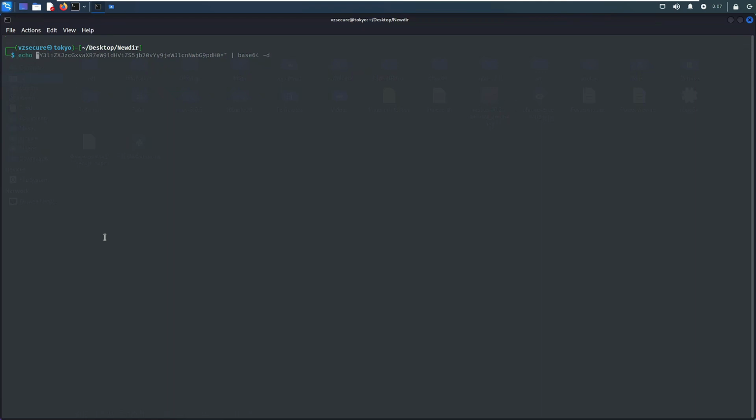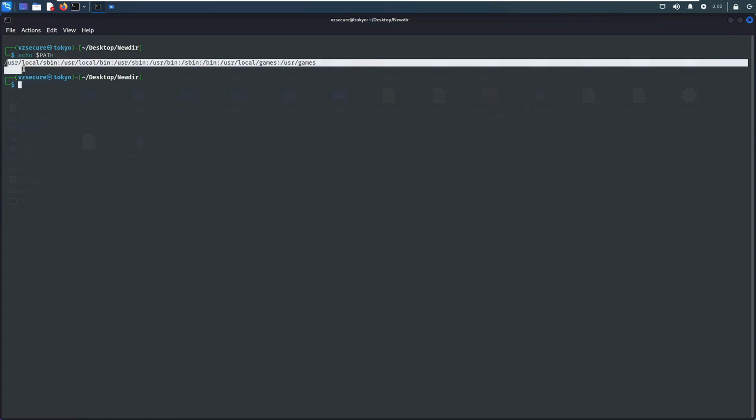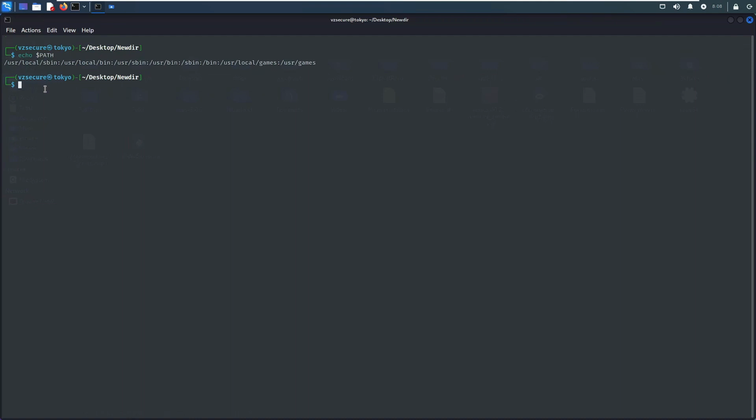The echo command is used to show the content of files or variables. For the path variable we will use the $ sign, then PATH, and simply enter. This is the path variable, in which the which command goes through every path given in it. It will go to all the locations provided in this variable and check whether the file is available or not. Suppose I want to search for a file, Python, so I will type which